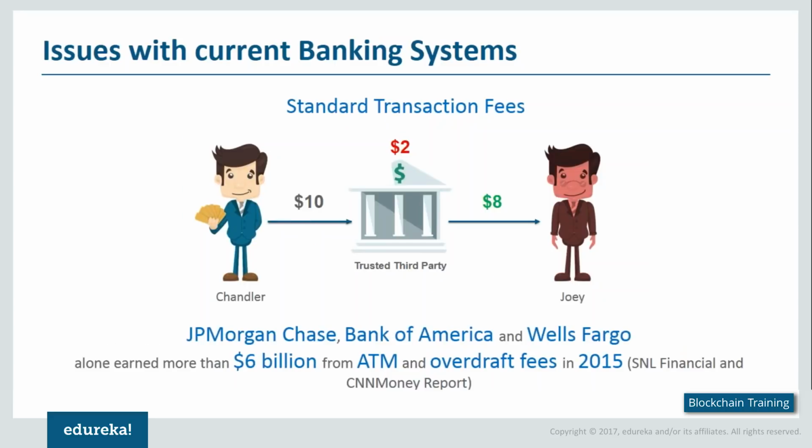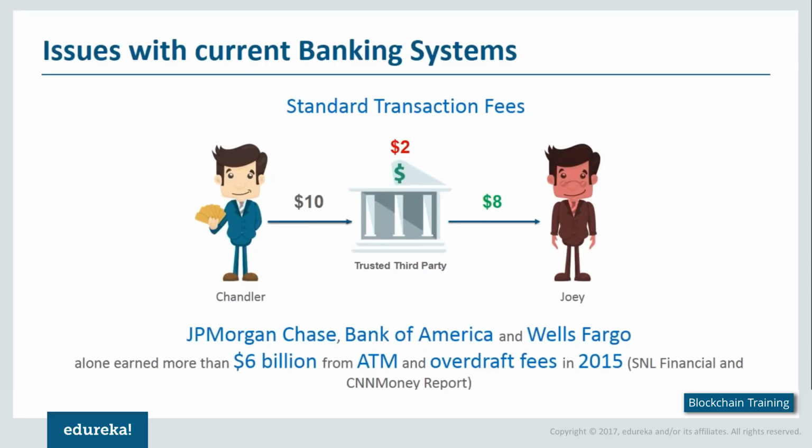Now let's say here Chandler is sending $10 to Joey, but there is a standard transaction fee of $2 that is associated with it. Now it may not seem a huge amount here, but let's say when you're dealing with a large transaction, then it becomes a problem as well. And if you look at the example here,